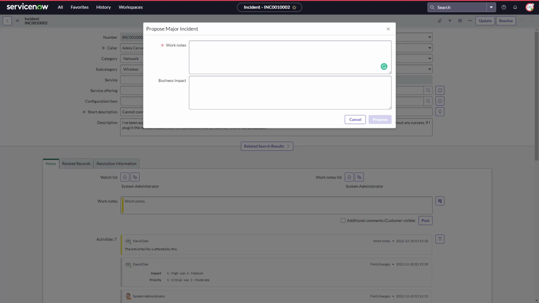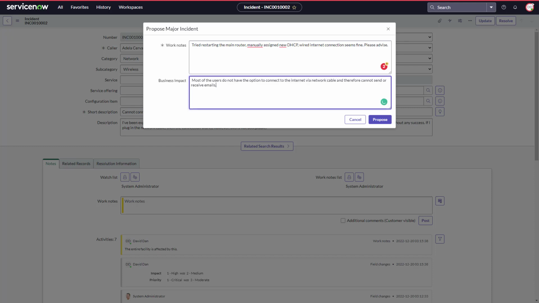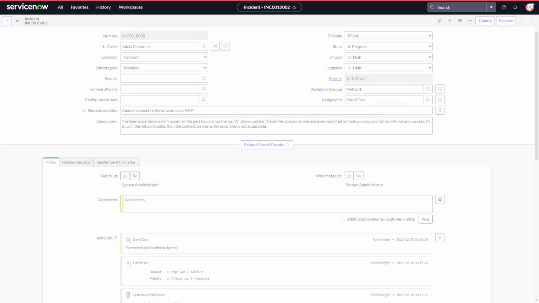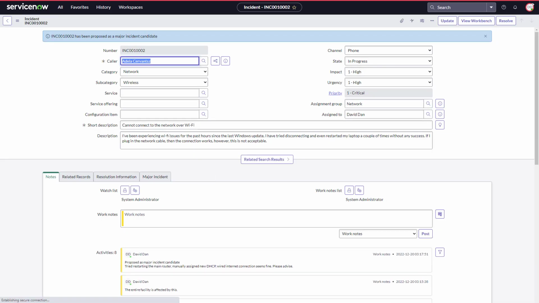An example of a work note for this could be: tried restarting the main router, manually assigned the DHCP, wired internet connection seems fine, please advise. And an example of a business impact would sound something like: most of the users do not have the option to connect to the internet via network cable and therefore cannot send or receive emails. Yep, quite a big issue here, and in order to check if our major incident got proposed as a candidate,